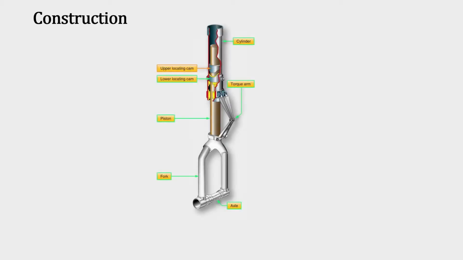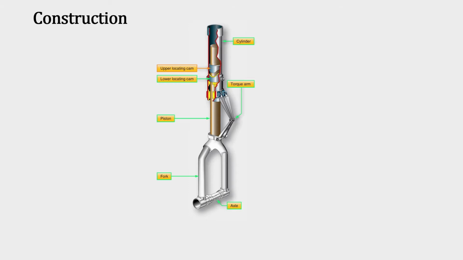A typical pneumatic hydraulic shock strut uses compressed air or nitrogen combined with hydraulic fluid to absorb and dissipate the shock loads. It is sometimes referred to as an air or oil or oleo strut. A shock strut is constructed of two telescopic cylinders or tubes that are closed on the external ends. The lower cylinder is called the piston and is free to slide in and out of the upper cylinder.